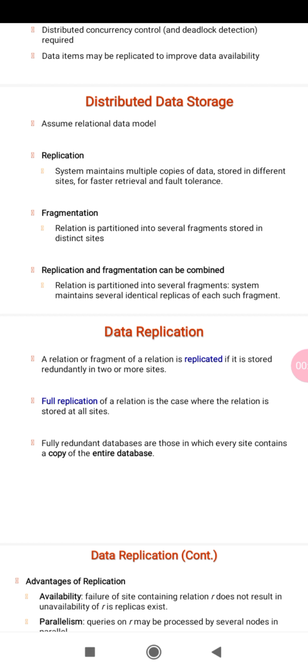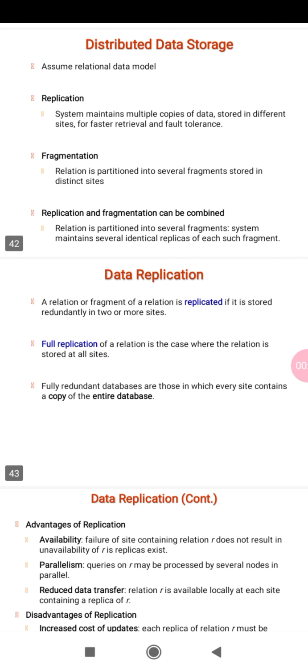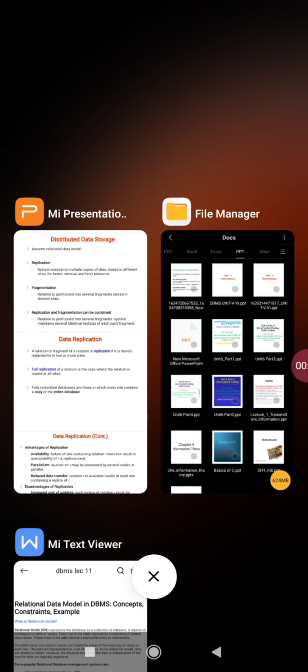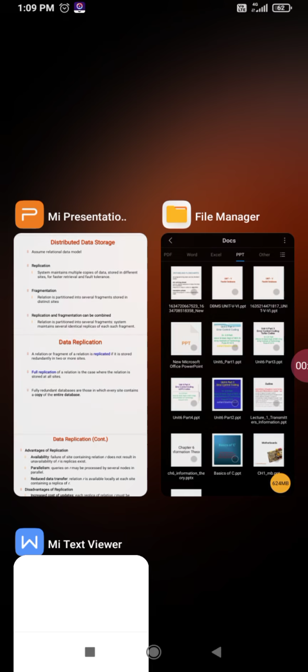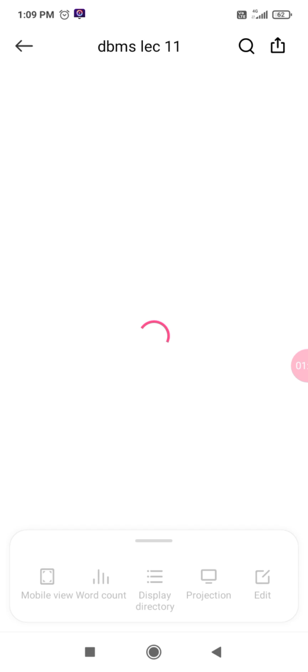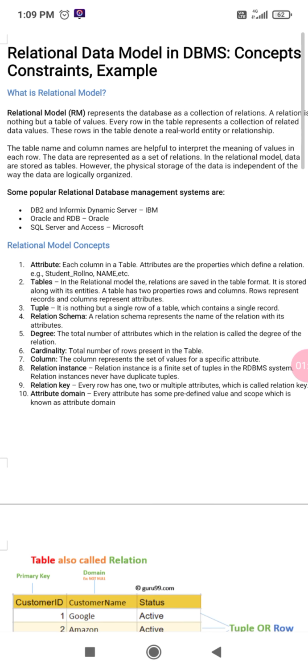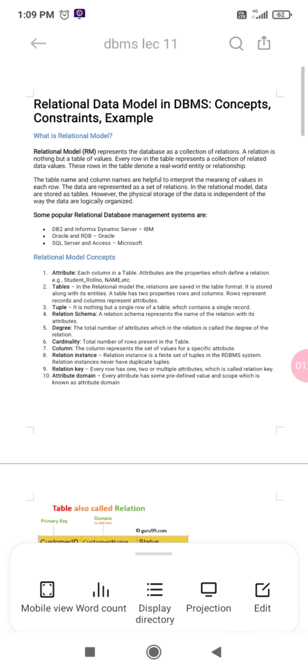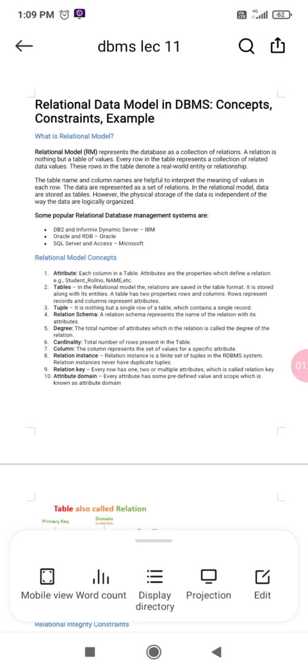Now without wasting our time, we will discuss all the topics one by one. We will start with the relational database. Relational data model in DBMS: we have to study the concept, constraints and examples.